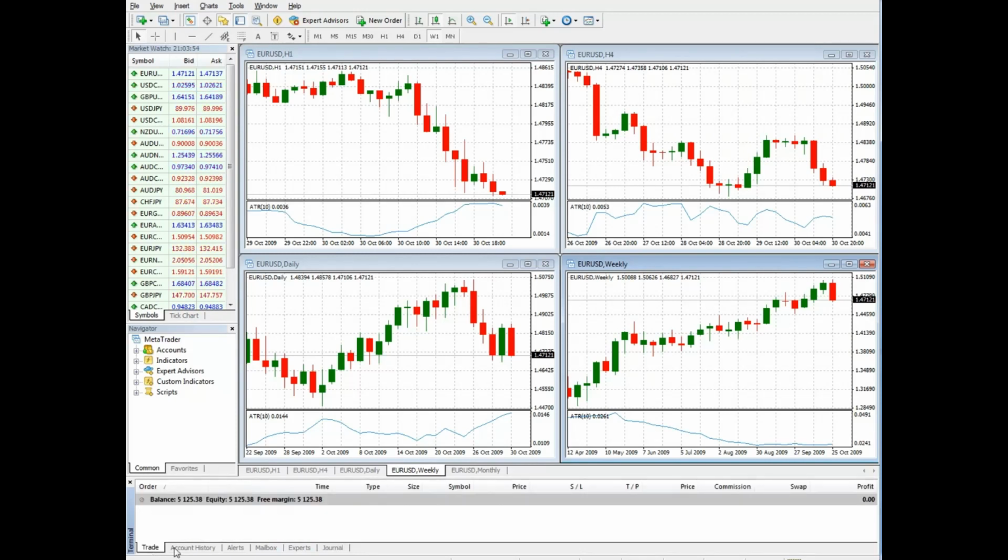1.47134. This means our profit on this particular trade was $125 because we're using a 1/10 lot size, standard lot size. In a standard account that would have been 125 times $10 per pip, which would have been $1,250, which